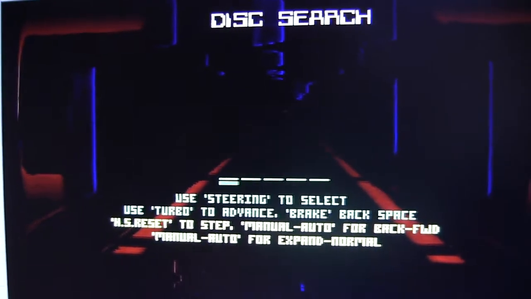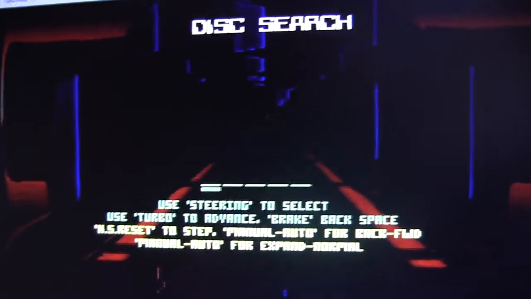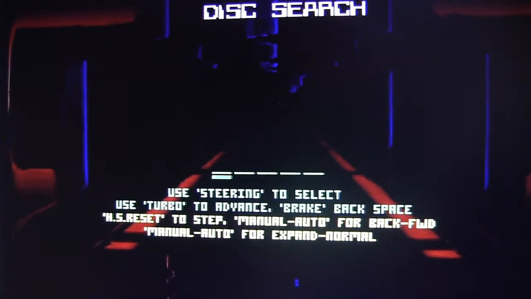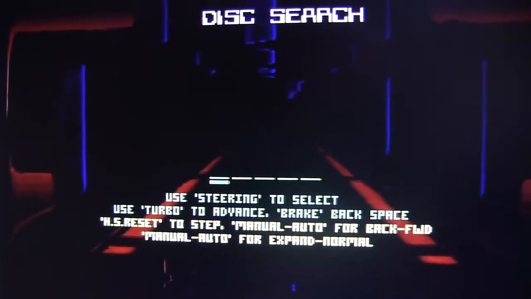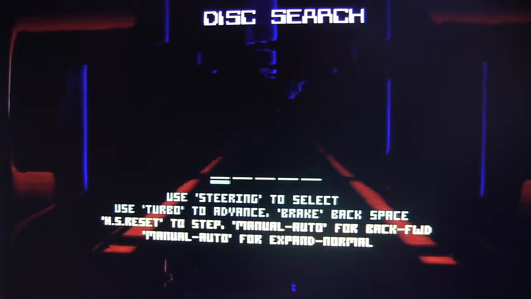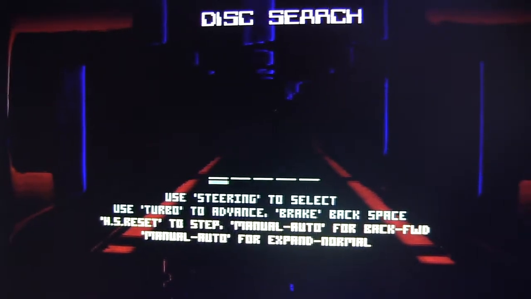Okay, it is February 16th, 2017, and I am trying to fix a problem with a Star Rider. I'm assuming it's a problem with the CPU board,